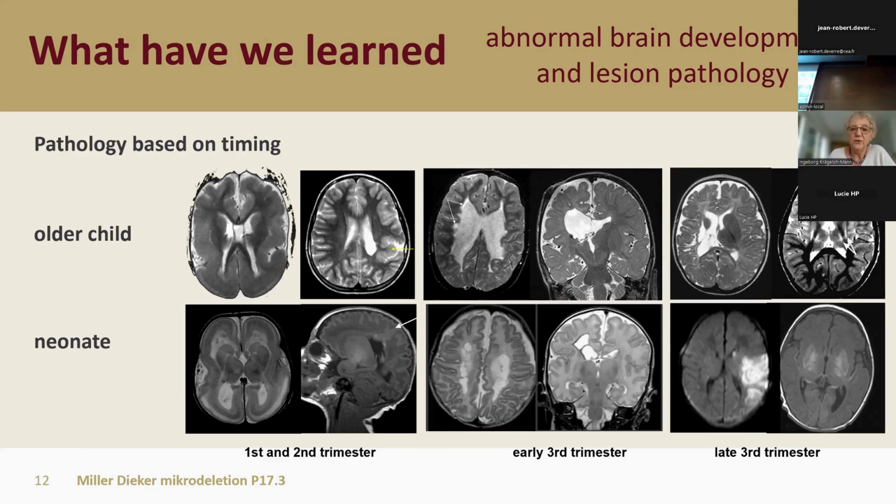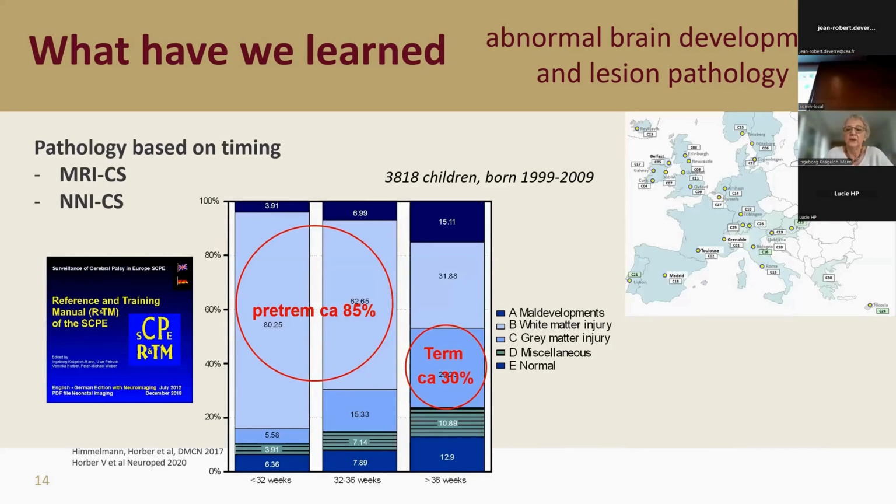And within our cerebral palsy network in Europe, the surveillance of cerebral palsy, we have made a simple classification of these pathologic conditions, which we called MRI classification or neonatal imaging classification. And I would shortly show you the impact of this. We have done a reference and training manual and tried to train our colleagues around Europe with respect to this classification, so that we could collect data from Reykjavik to Greece, from Lisbon to Norway, and